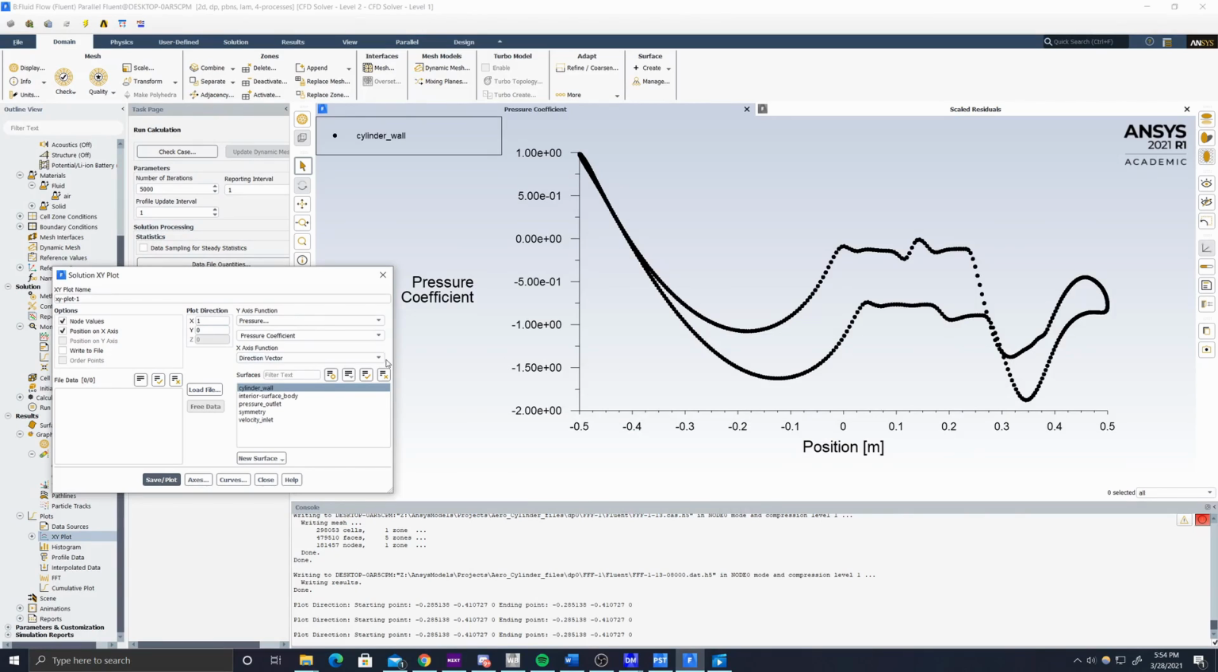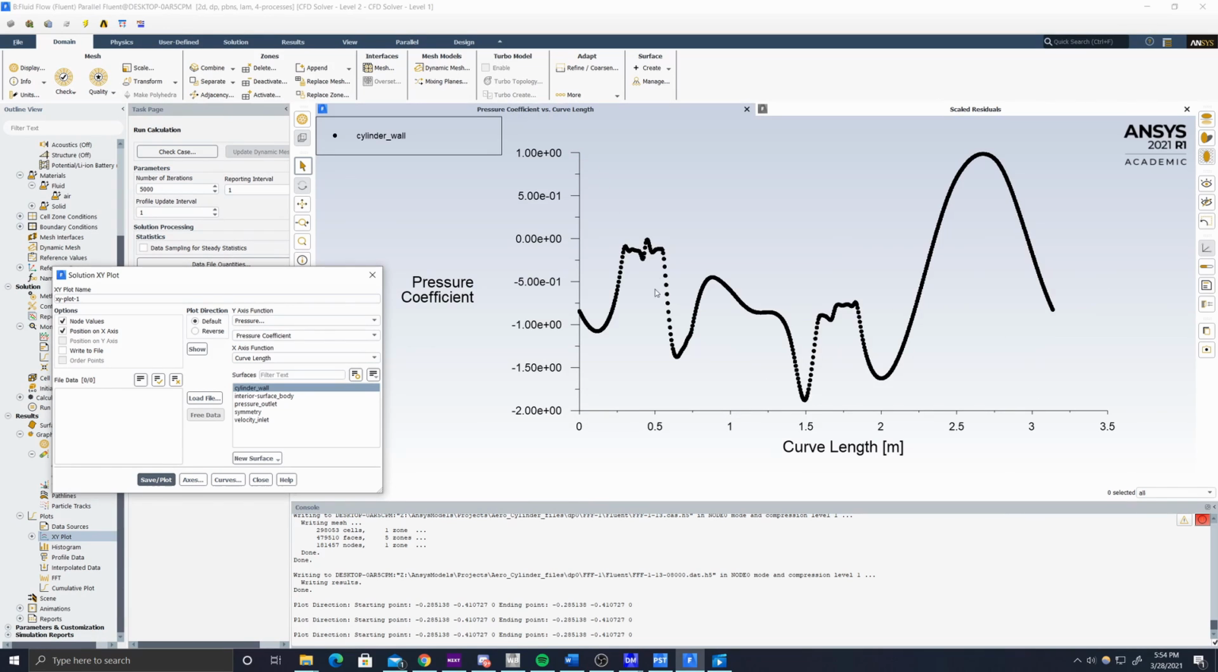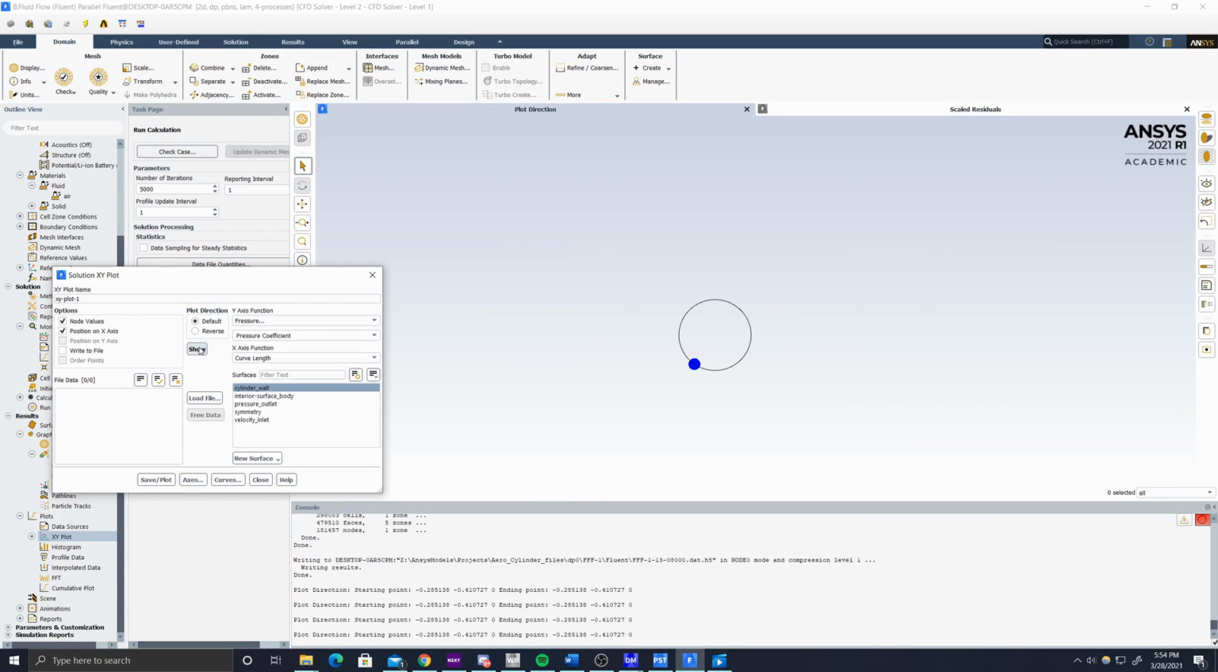This is along the direction vector. We can also do it along the curve length. Keep in mind that this graph is a bit skewed because we are starting automatically here for Ansys. We could correct it like we did earlier, but I'm going to keep it as is. Additionally, we're going to go check the velocity graph as well